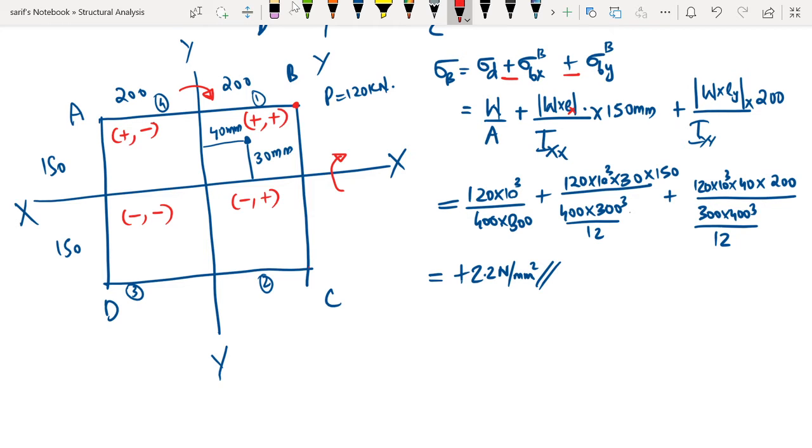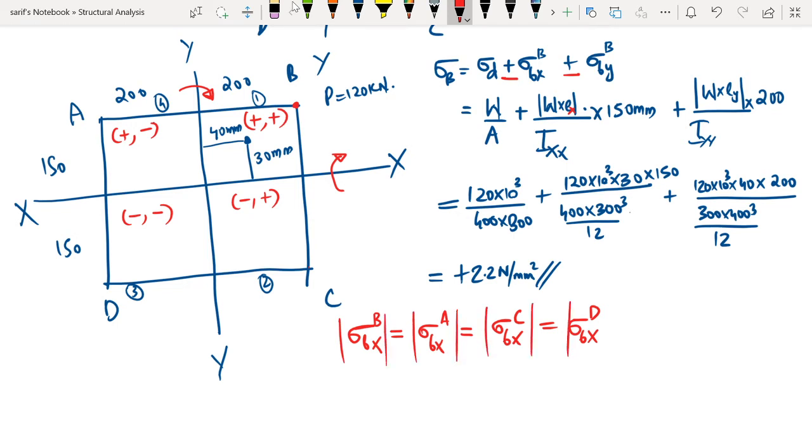Numerically, sigma Bx, the bending stress about the x-axis at point B, is the same as the bending stress about the x-axis at point A, the same as at point C, and the same as at point D, because all the points are located at the same distance from